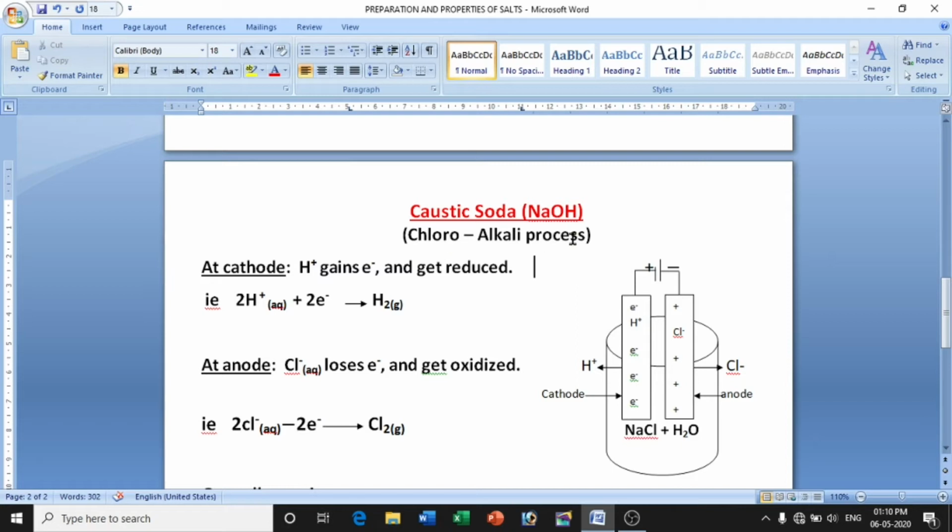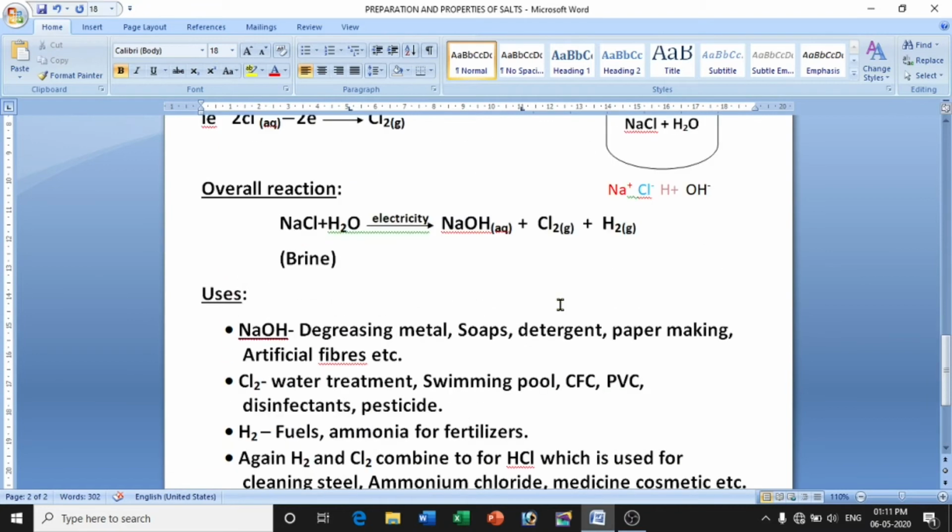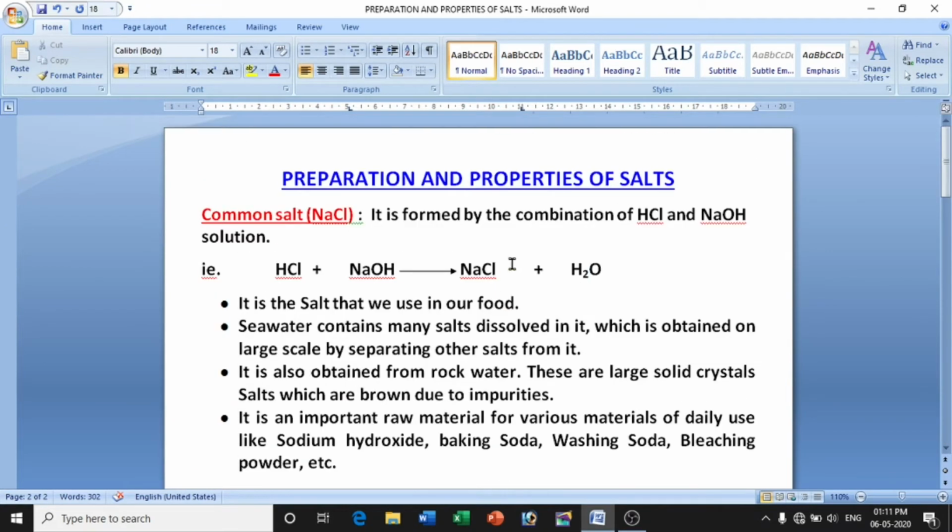So this reaction is not directly possible like sodium chloride. Okay, like sodium chloride, it is not possible, like we have seen here. Hydrochloric acid and sodium hydroxide react to form sodium chloride and water. But here, sodium chloride and water cannot form sodium hydroxide. Okay, the reason is that some reactions are not reversible.